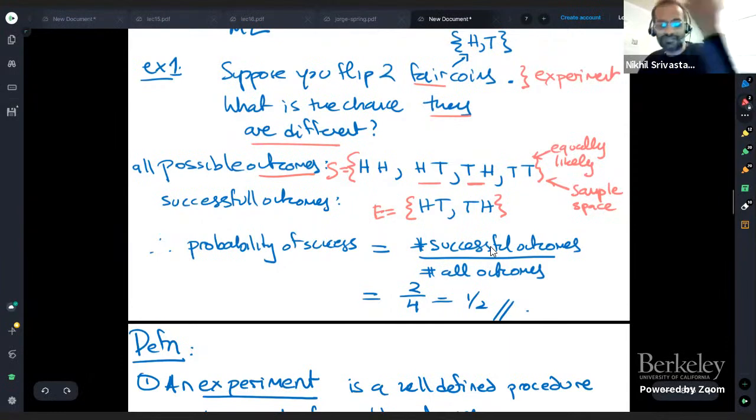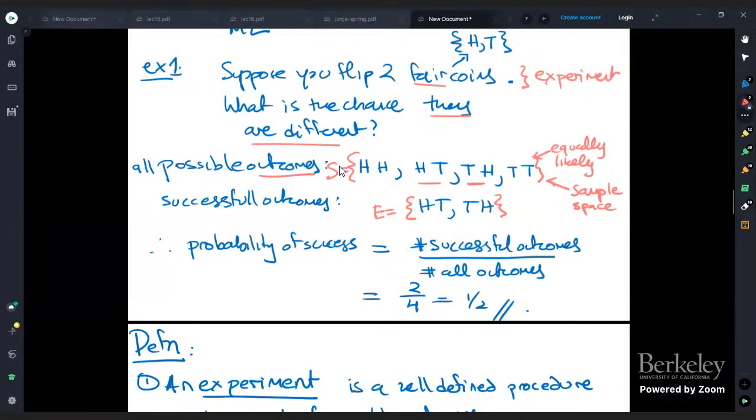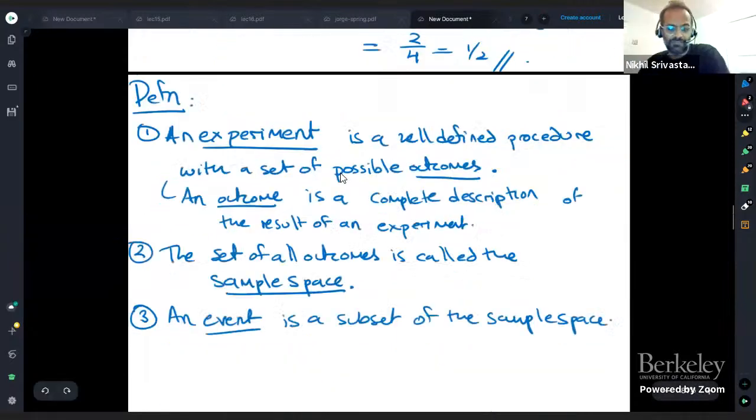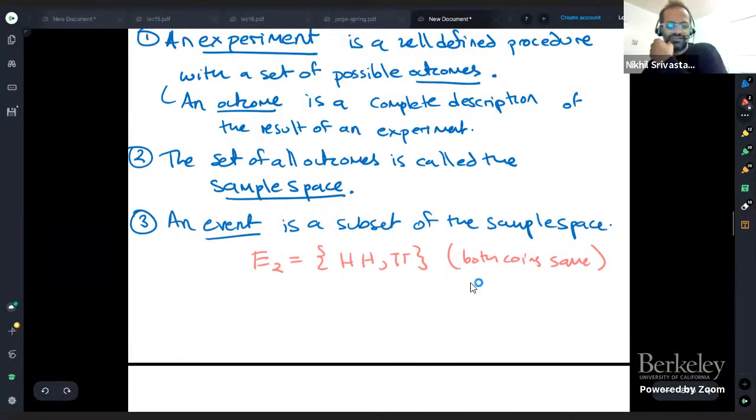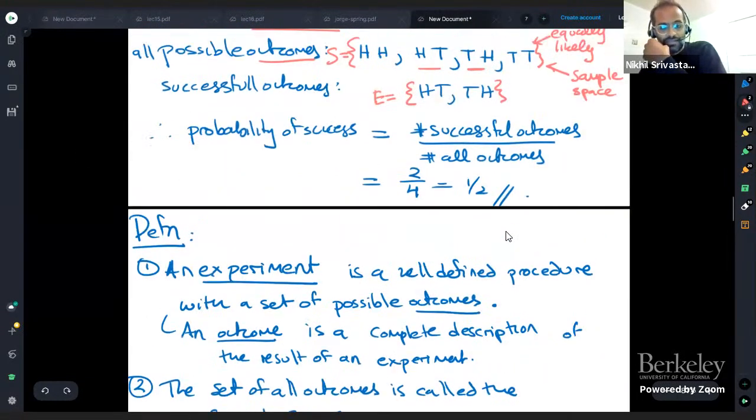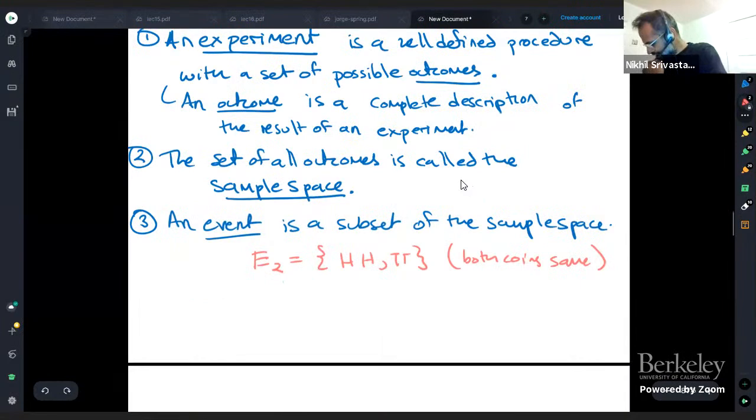What are some other events described in words related to two coins? Two sides are the same. The two are the same. So yeah, another example would be the event, let's call it E2, which is the event HH and TT, and this corresponds to both coins being the same. So you have many different events. And then given these things,